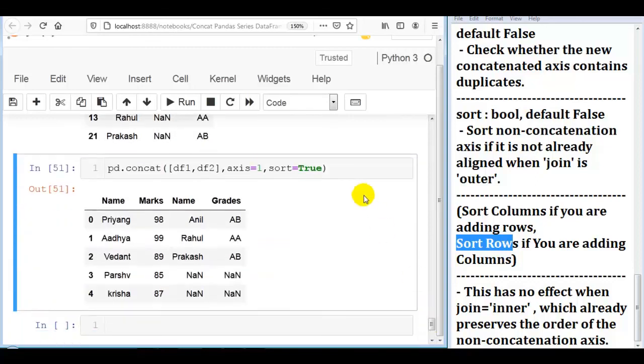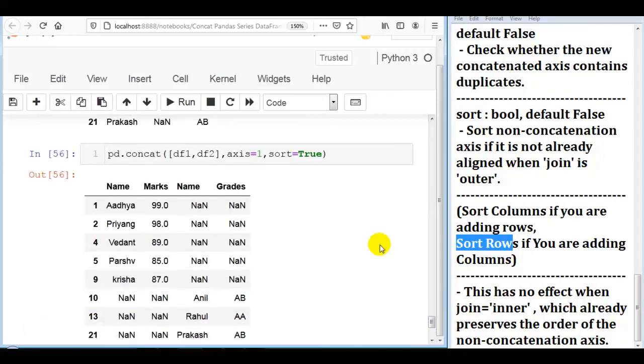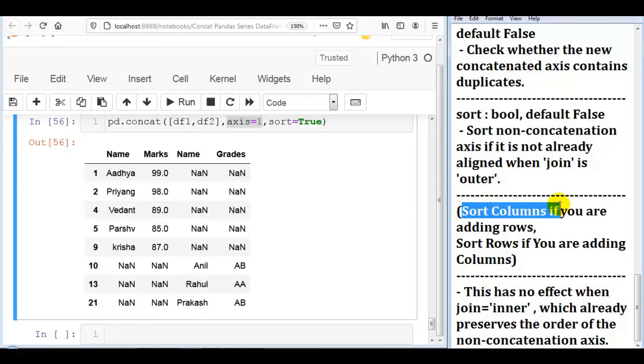So now let me execute this cell. As you can see over here, we have added columns. Our rows are sorted with 1, 2, 4, 5, 9, 10, 13 and 21. So please remember, the sort method sorts columns if you are adding rows and sorts rows if you are adding columns, that you can see over here.